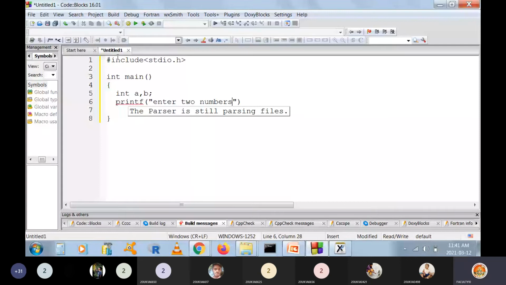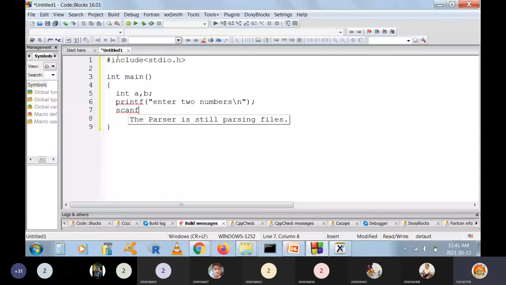Then read the two numbers, say scanf, percentage d, percentage d, then say comma, where can I store, address of a, comma, address of b. Now I have two numbers with me, and you should think like this.